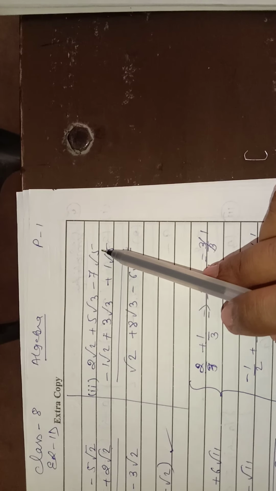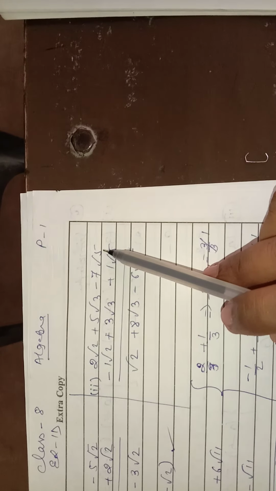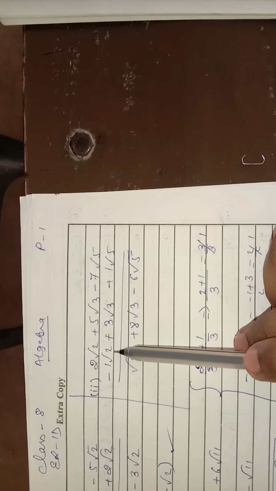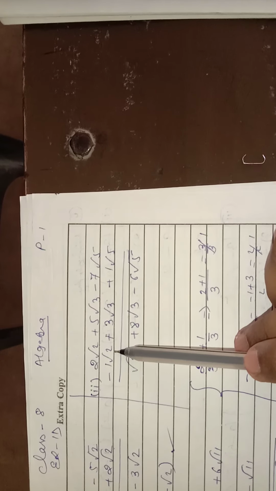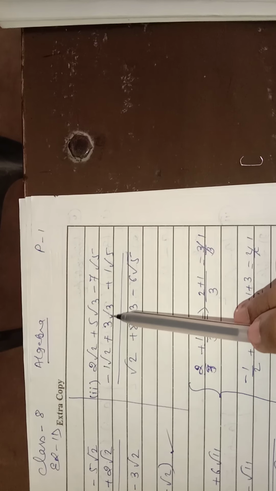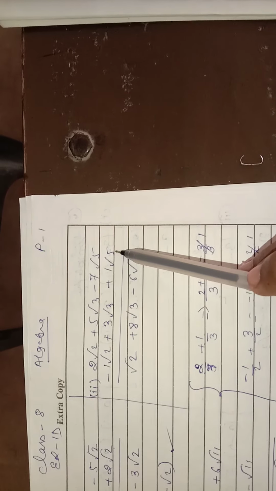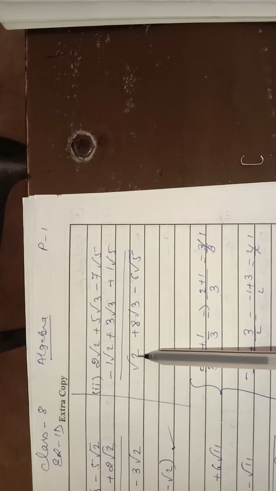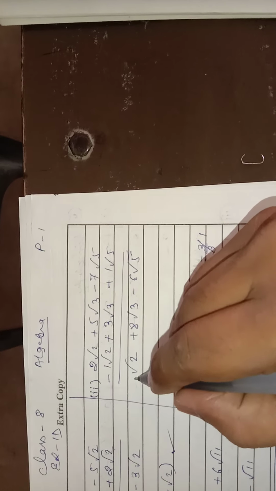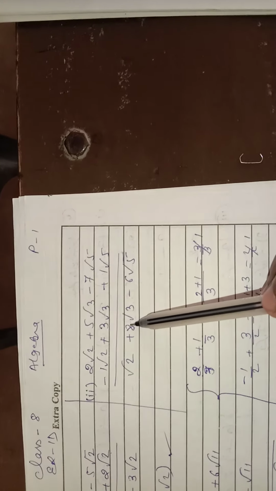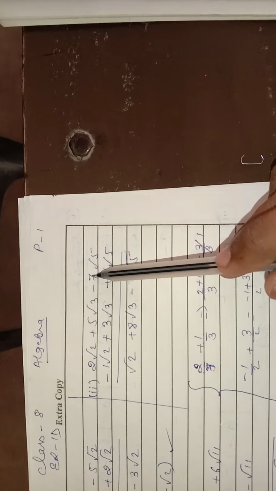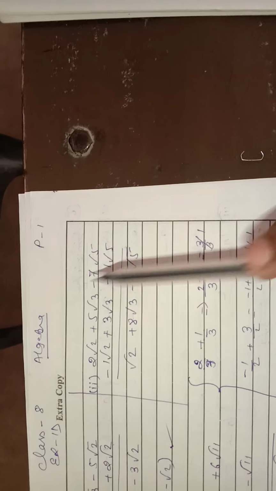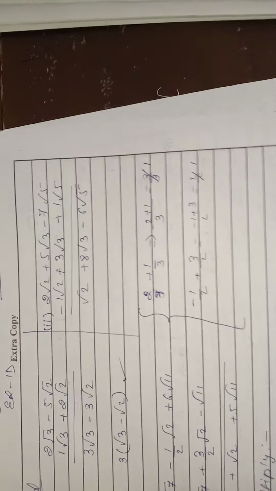We have to add it. Then what should we keep in mind? That root 2 just beside or below this should be written as root 2. So minus root 2 plus root 3 plus root 5. 2 minus 1, that is 1. So only root 2. If you want to write 1, you can write it. 5 plus 3, 8. Root 3 minus 7 plus 1, that is minus 6. Root 5. Same way here.